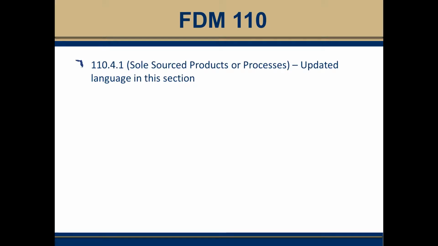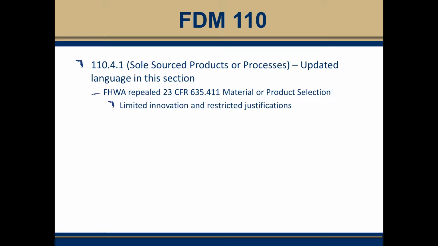110.4.1 Sole Source Products or Processes. We updated the language in this section. The reason is that FHWA repealed 23 CFR 635.411, which was dealing with the material or product selection. The FHWA realized that this rule limited our ability to be innovative and also restricted the types of justifications that